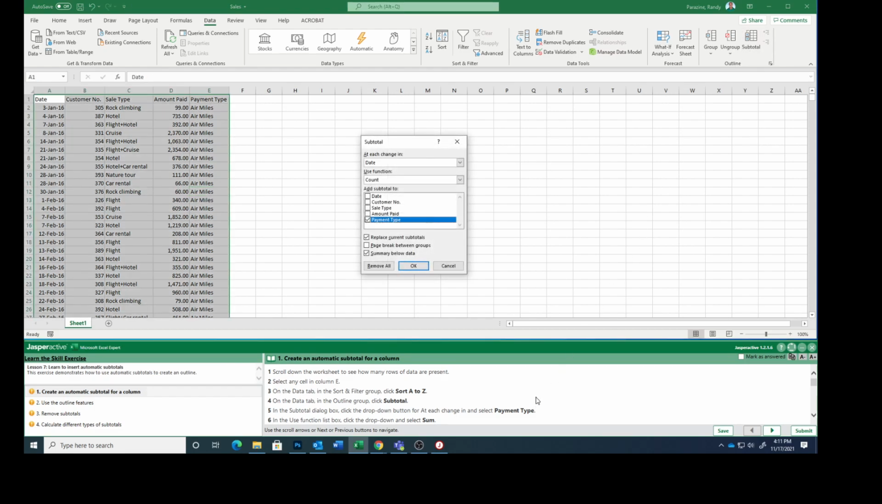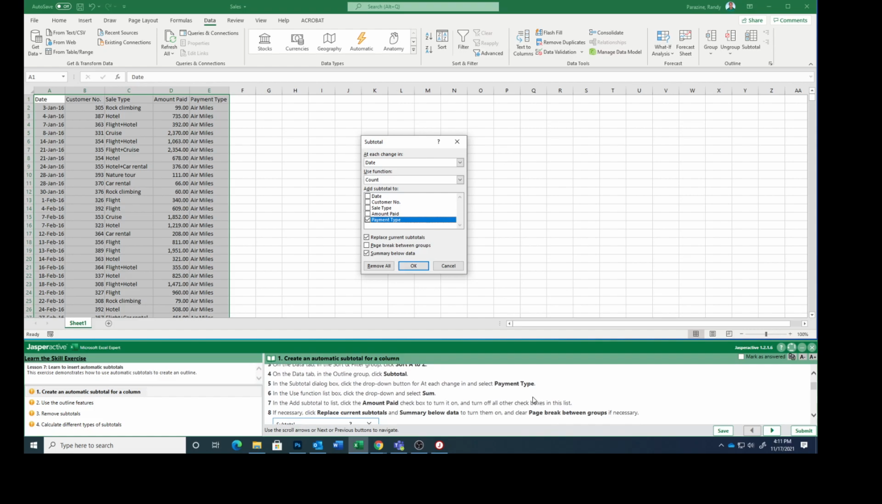In the Subtotal dialog box, click the drop-down arrow for At Each Change In and select Payment Type. So right here, we're going to click this down arrow, Payment Type. In the Use Function list box, click the down arrow and select Sum. In the Add Subtotal to list, click the Amount Paid checkbox to turn it on, and turn off all other checkboxes in this list, so we're going to uncheck the